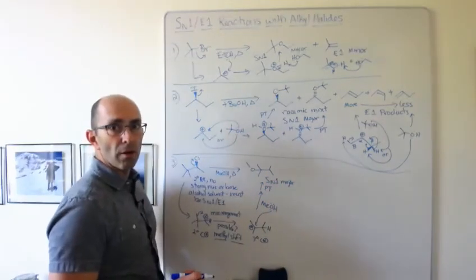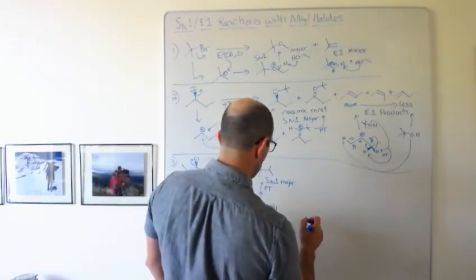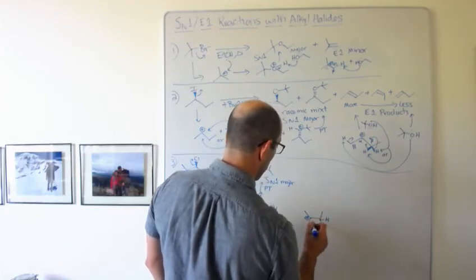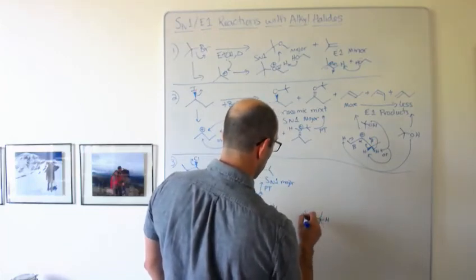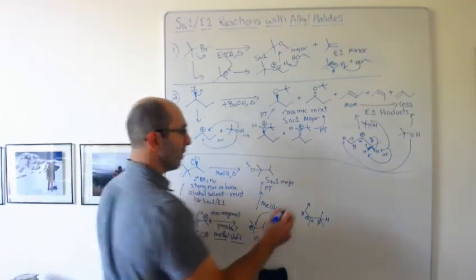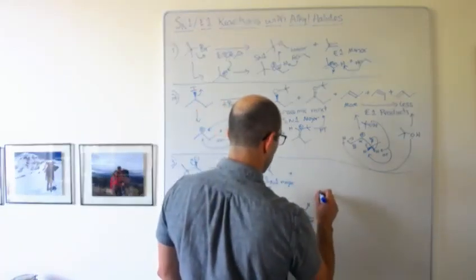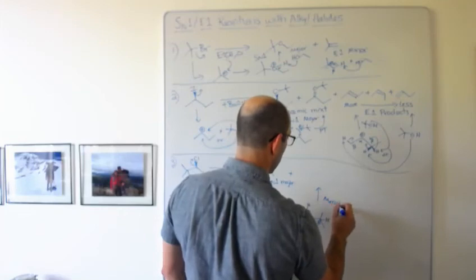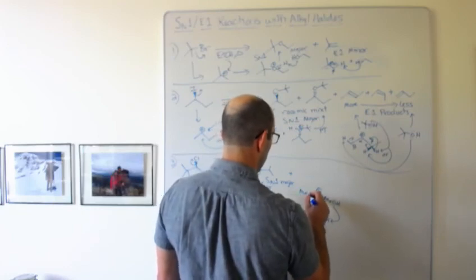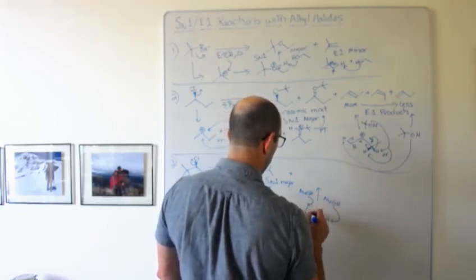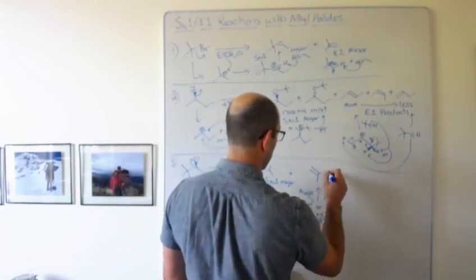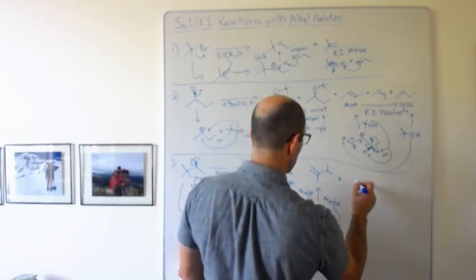Let's look at what we're going to get for our E1 products. So again, let's redraw the carbocation. There's our carbocation, alpha position, beta, and beta. So we have two different types of protons, so we're going to get two different E1 products. So we're going to have methanol attack at that position, right? Or methanol can attack there, right? One or the other. So that will give us these two